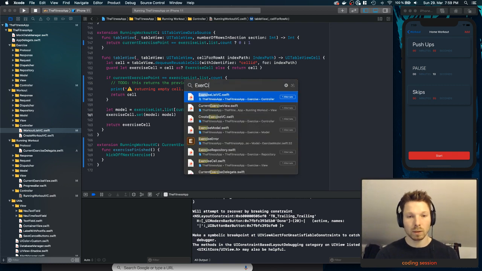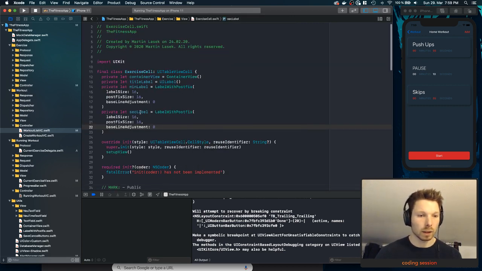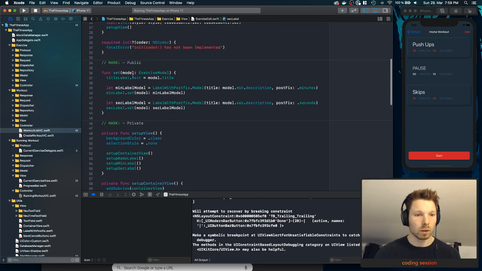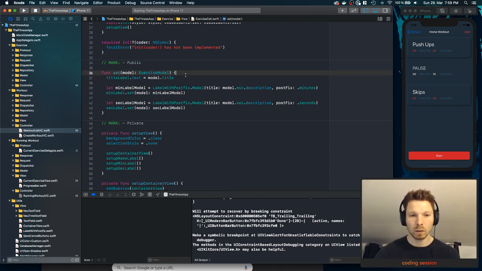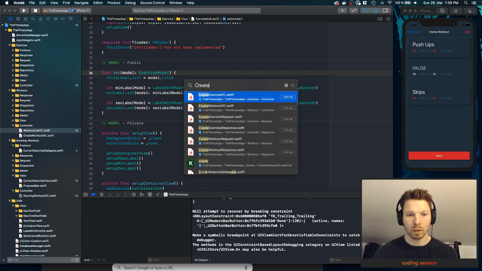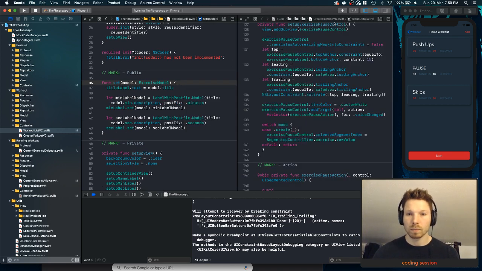So exercise cell, like that. In the set function, we are assigning title label text title, which makes sense, but it does not make sense if we have pause, because I think pause,